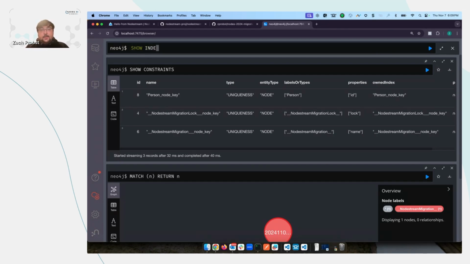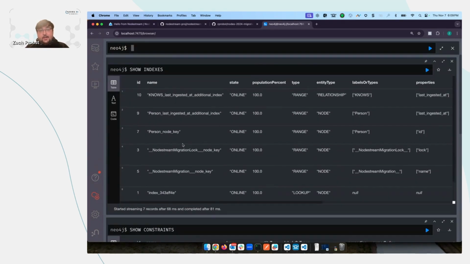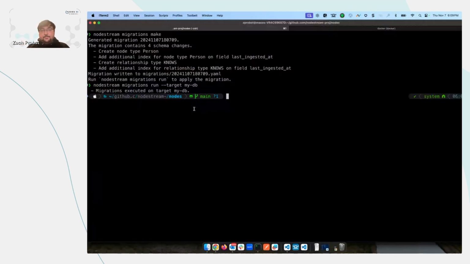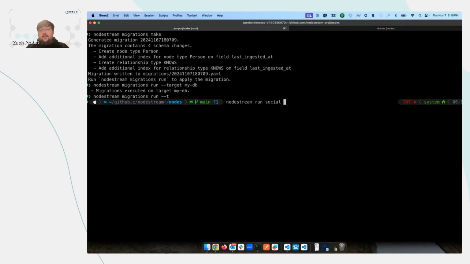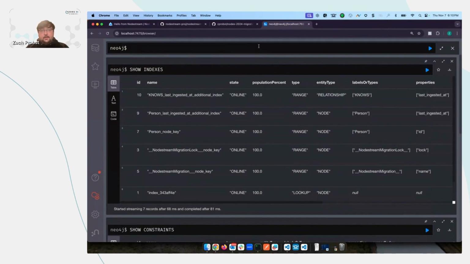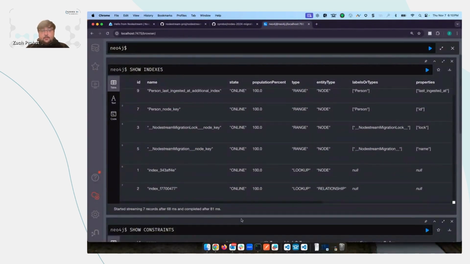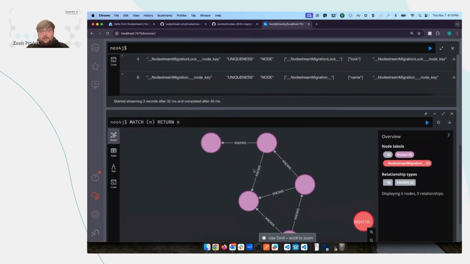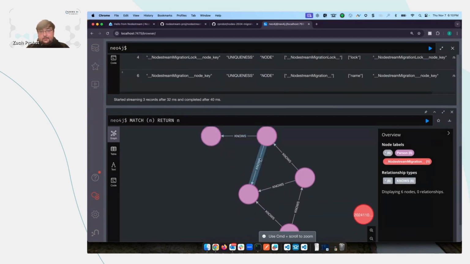And same thing too, I can show you those indexes that were created for the last ingested app timestamp. So all we've done so far is just some basic schema preparation. If I go ahead and run that social pipeline, and again, I'll specify the target as my database, it'll just take 1 second to run. Now, if I rerun our nodes command here, you'll see that we actually do have a little subgraph of